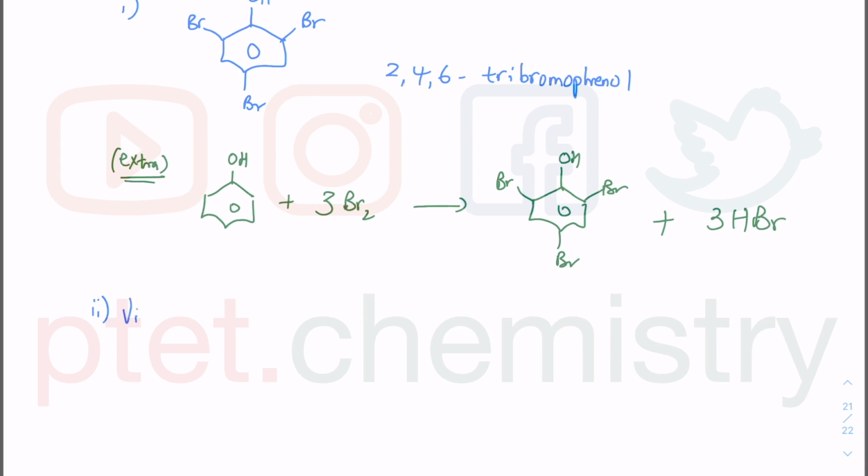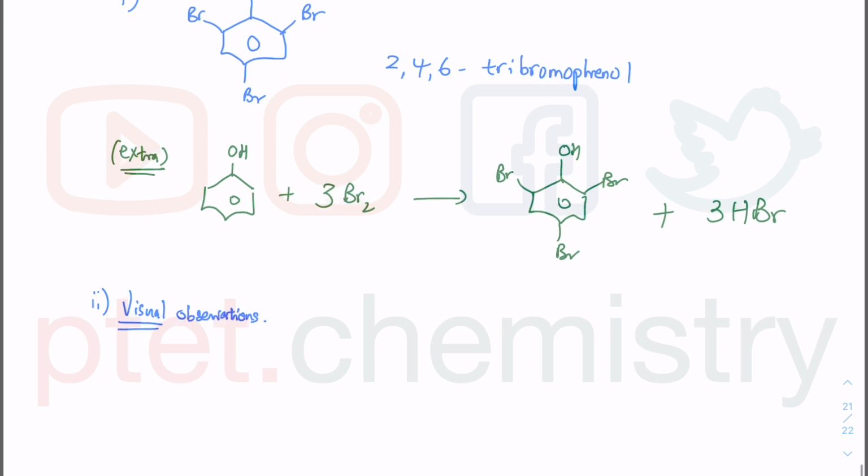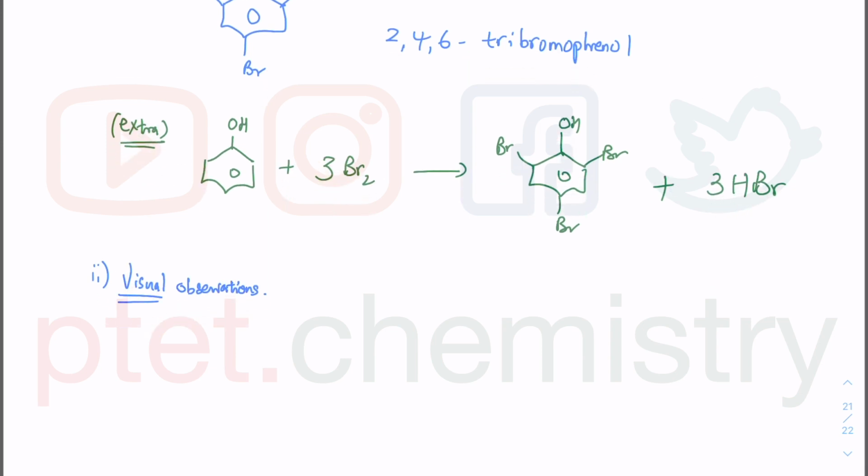Okay, so they want you to describe visual observations, because they don't want you to focus on other types of observations. This thing actually smells a bit like Dettol. Dettol is this antiseptic brand. It really smells antiseptic. Okay, so this has the smell of Dettol. If you ever made it before, then you might have smelled Dettol before. So this thing smells quite a lot about the same as Dettol. All right. Anyway, so in terms of